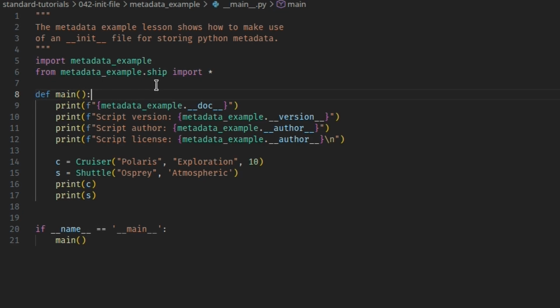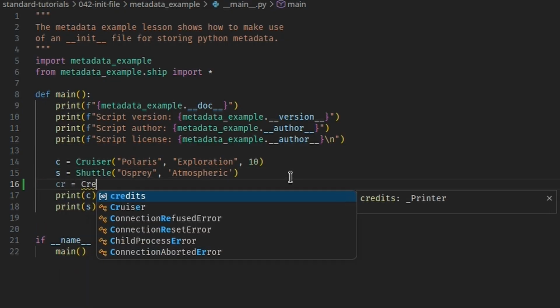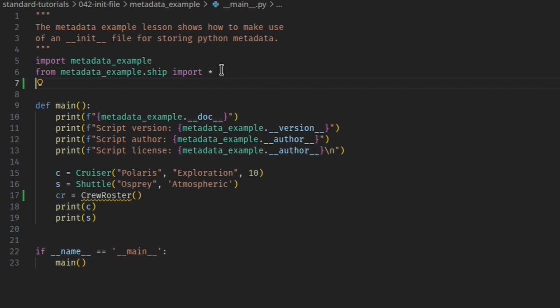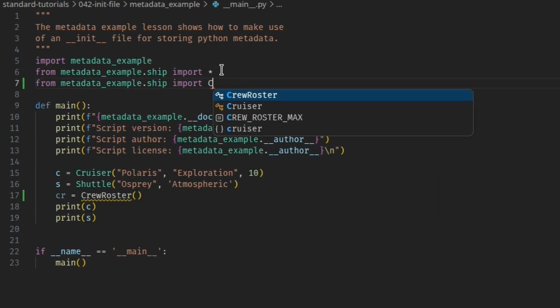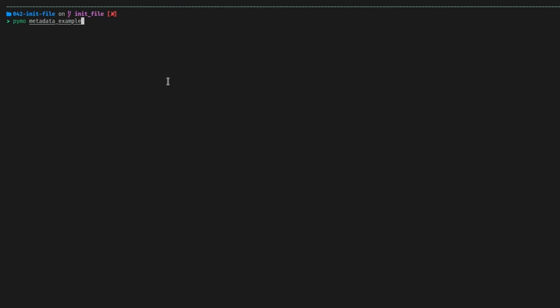When I import asterisk from the ship, the only thing I'm going to have access to is the cruiser and shuttle class. In fact, if I try to create a crew roster, the Python autocomplete for VS Code does not recognize it because it doesn't see it as being imported from that import statement, because it's not allowed through the asterisk. I would have to import it manually like this. And then I can actually make that object there. And when I run this example,